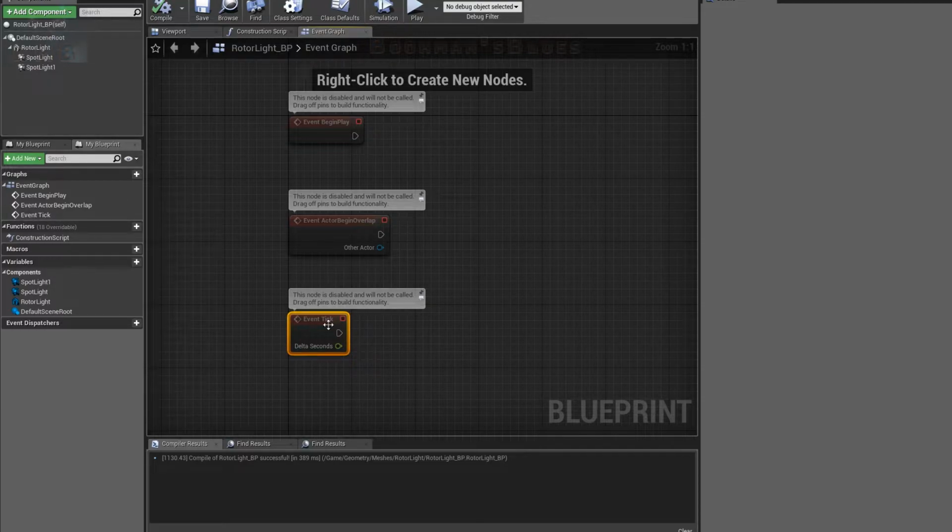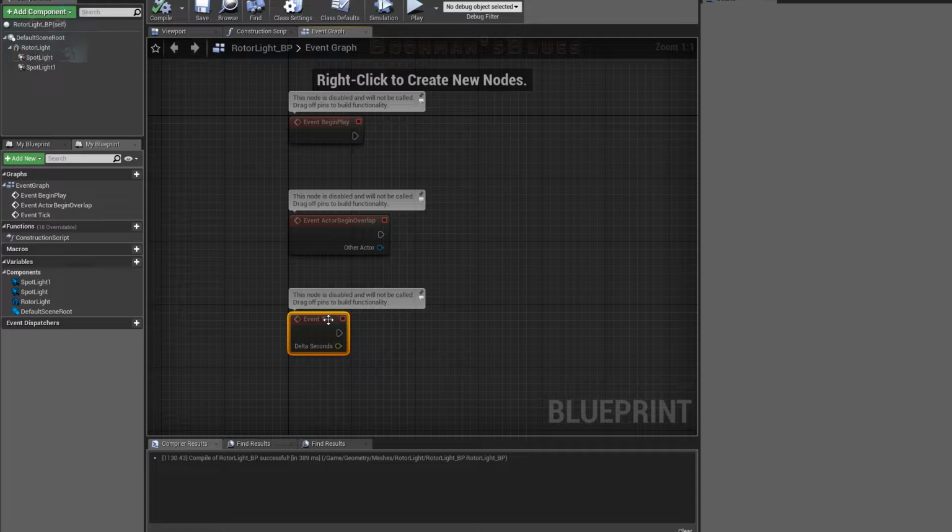Now, the event tick is basically a trigger event that happens every single time Unreal Engine draws a frame while it's executing. Normally, if I were doing a game, I wouldn't build this particular component this way. The rotor light would have been a skeletal mesh with an animation that's already built in. Using event tick in this case is less efficient than we'd necessarily want it for a full game. Although I did want to show it,